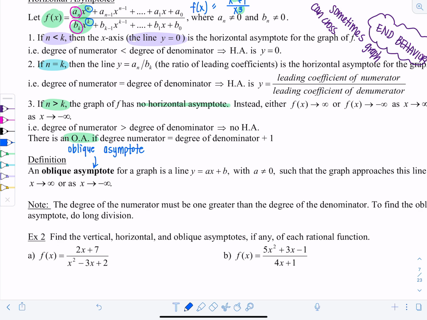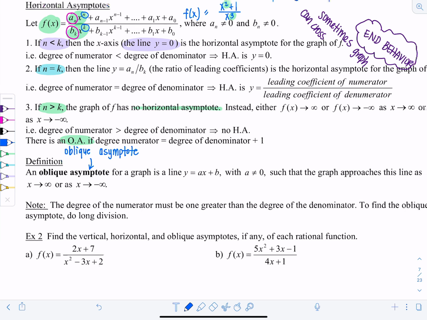There's also parabolic asymptotes if the degree difference is 2, but you're not responsible for having to graph any of those, so don't stress, but know they exist. And we'll talk more about that later. I don't want to overwhelm you guys too much. Okay, also,